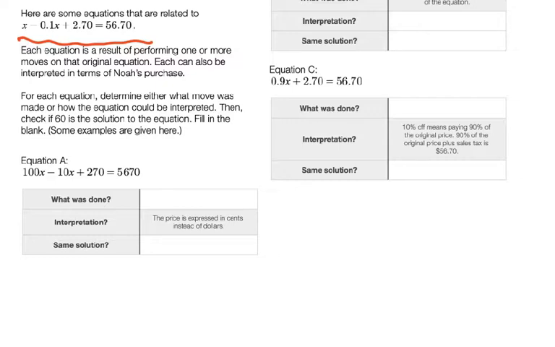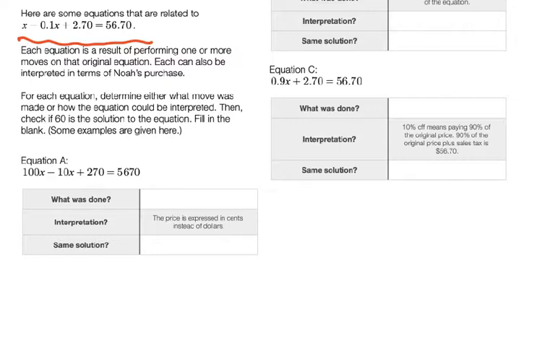Down here I've got 100x minus 10x plus 270 equals 5,670. So what was done? Well, it says the interpretation of what was done was that the price that is given now is in cents. In other words, I could say it's in pennies or cents,